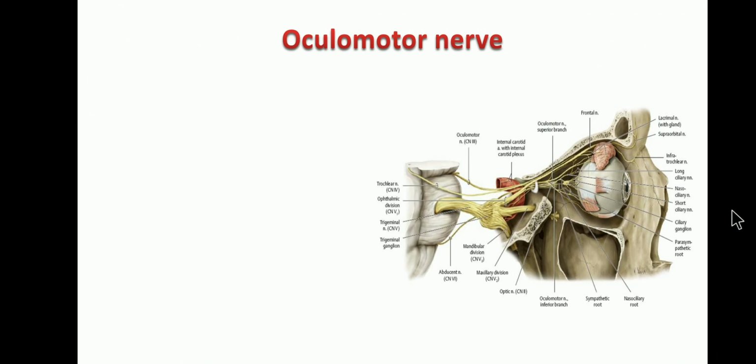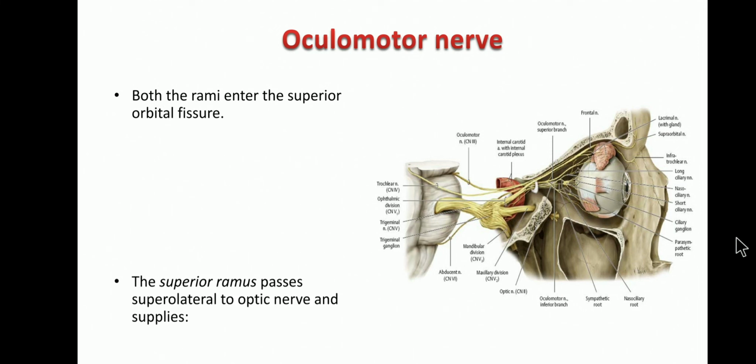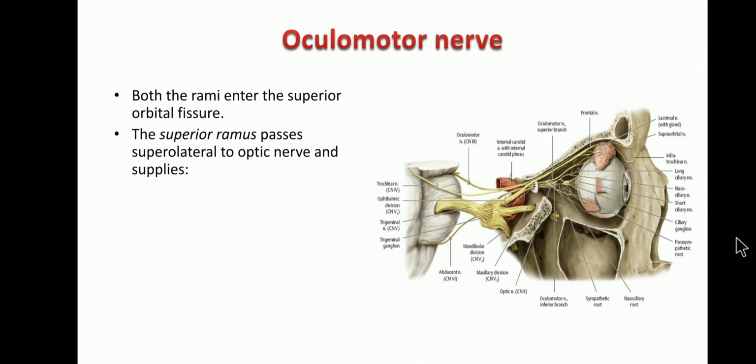It divides into a superior ramus and an inferior ramus. So superior and inferior ramus, which is dividing in the anterior part of the lateral wall of the sinus, and then they are entering the intermediate compartment of the superior orbital fissure. Okay, so once it enters the superior orbital fissure, the superior ramus is actually superolateral to the optic nerve, and